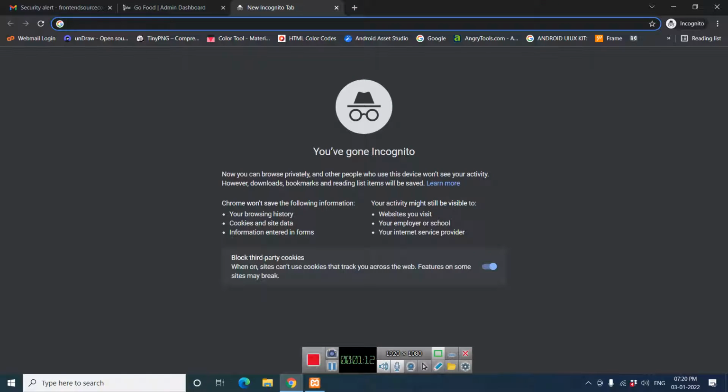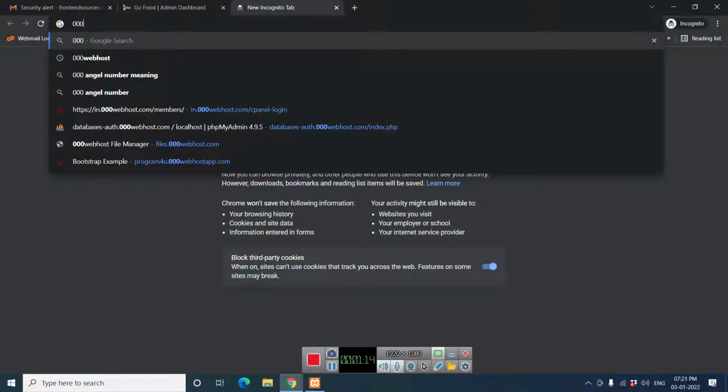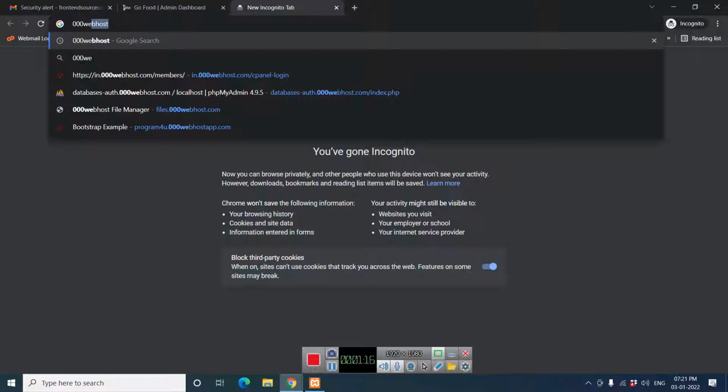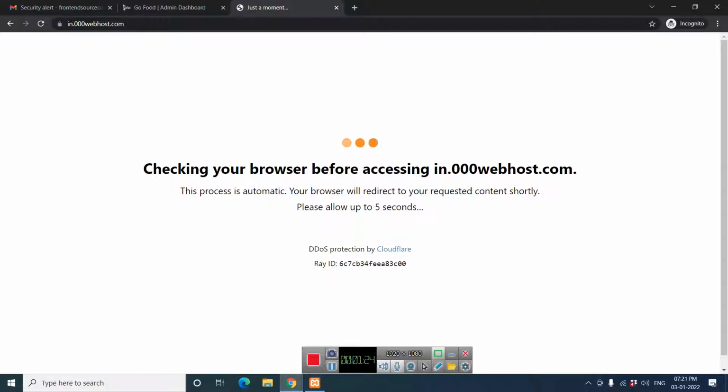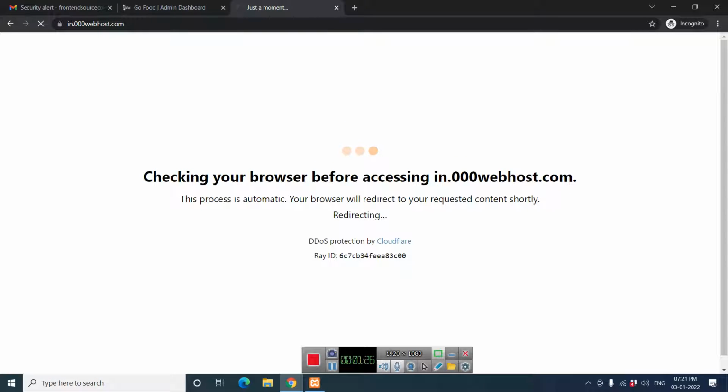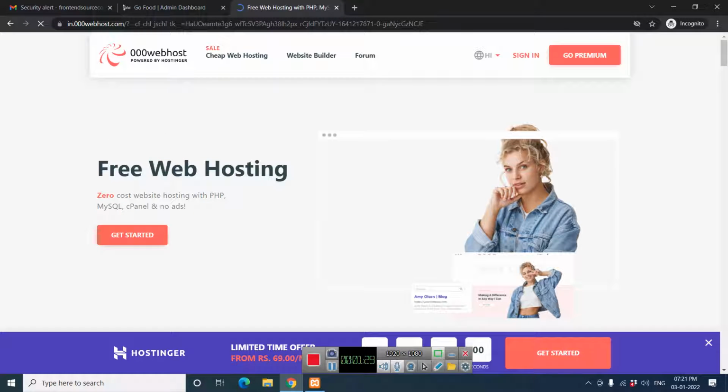So there is a website called 000Webhost, which will provide you the best free website hosting. This is the best website provider, through which we can expose our API also.